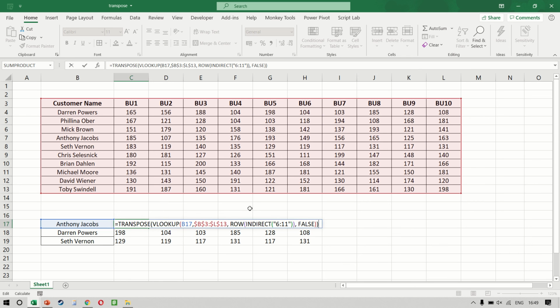Do remember, when you're combining a ROW and an INDIRECT function, like how I have done right now, you will not be able to pick and choose the columns that you want. So use this only when you know that you want all the columns to come in a range. But this can still be very, very useful, especially for those situations wherein you have a very large number of columns. It saves you the trouble of having to either write multiple formulas or to use an array in which all the column numbers would have been given manually. So it can be a huge time saver.